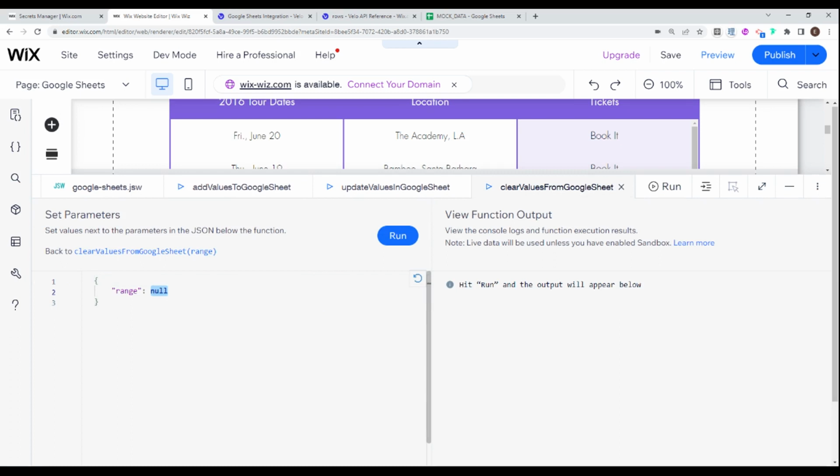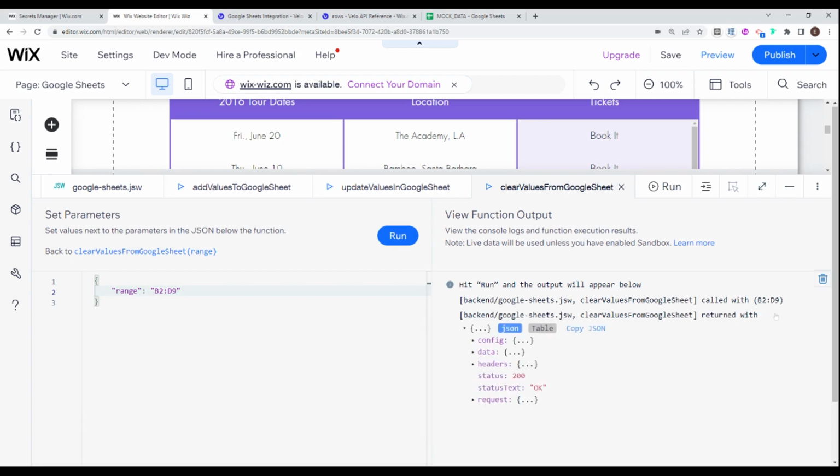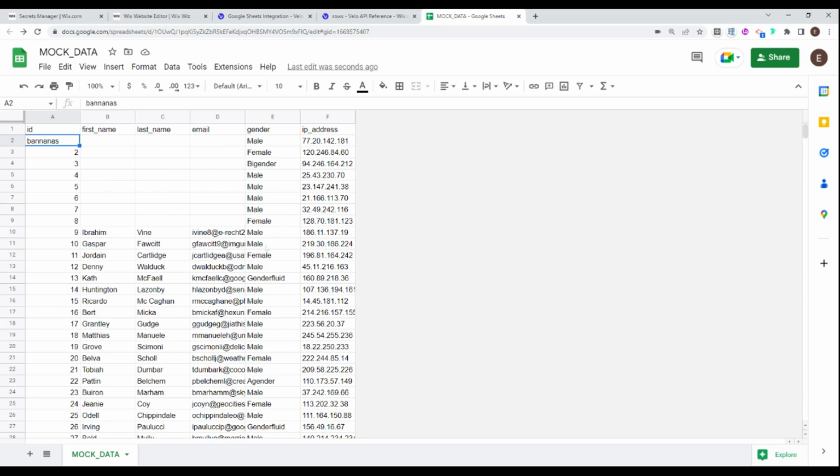So here I'm going to provide a range, let's say from B2 to D9. Right, D9. I'm putting colons here everywhere where they shouldn't be. So, okay, so it needs to be formatted like this. And I'm going to go ahead and click run. And we returned with success. And if we check out our mock data, then boom, we just cleared a huge hole in